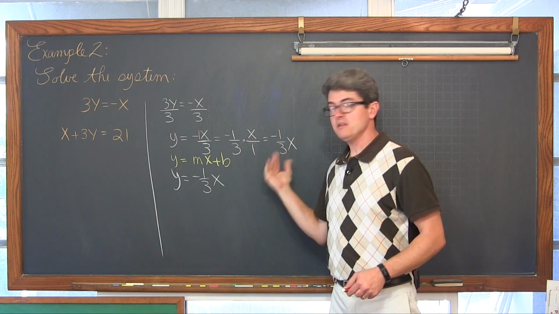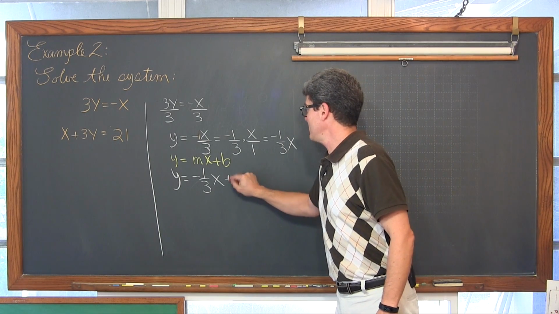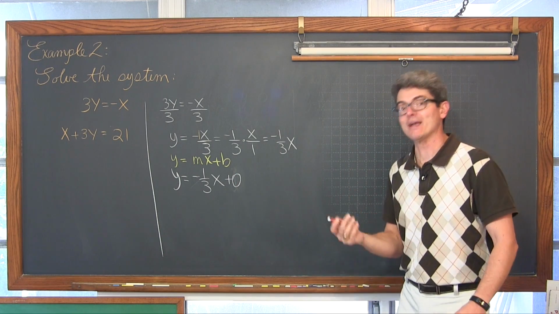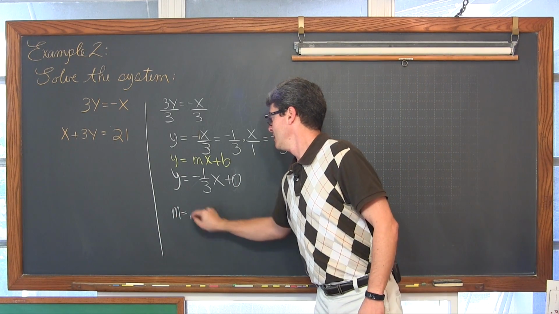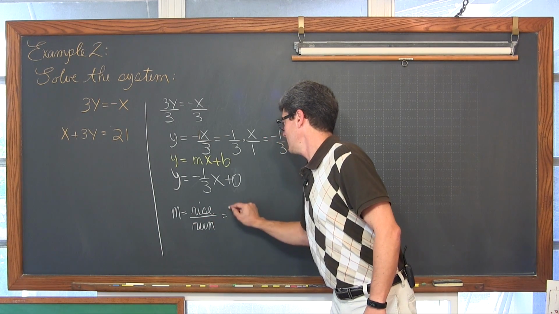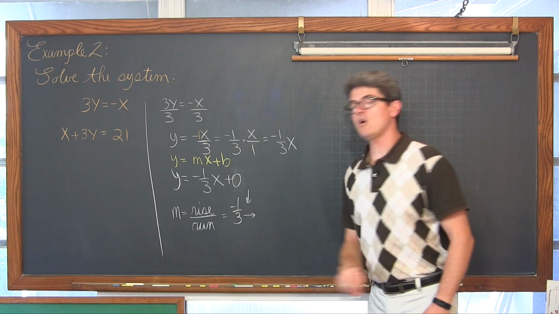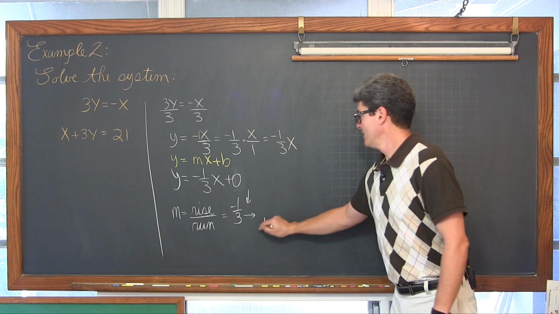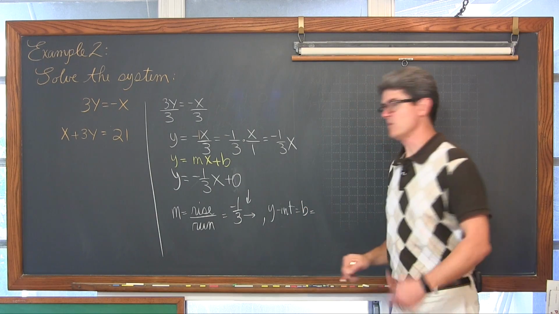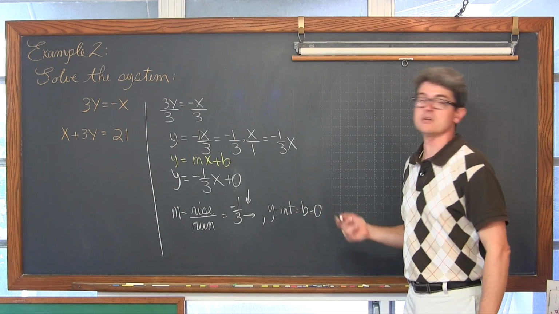So there's no b at the end. Well, what do you add by? Nothing changes. 0. So that means our b value is 0. Our y-intercept is 0. Our slope, again, I'll write it this time, rise over run, is negative 1/3. So we're going to fall 1 and run over to the right 3. And our y-intercept, which is b, as all books I've ever seen call it, is equal to 0, or our b is equal to 0.